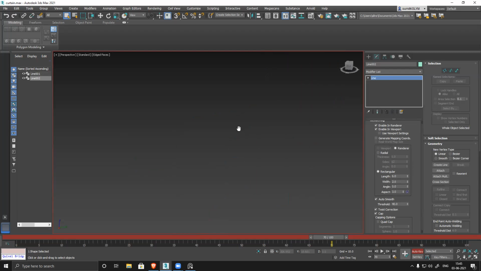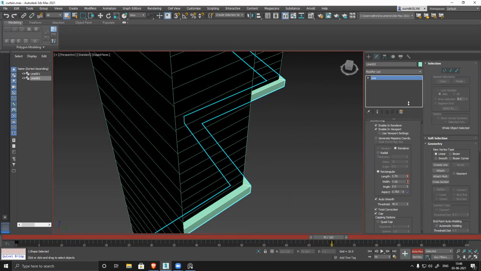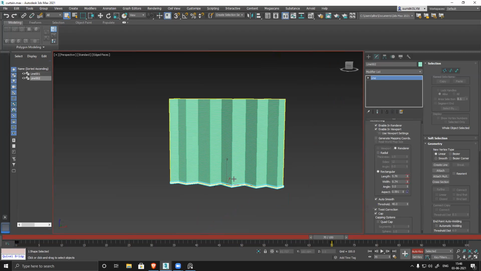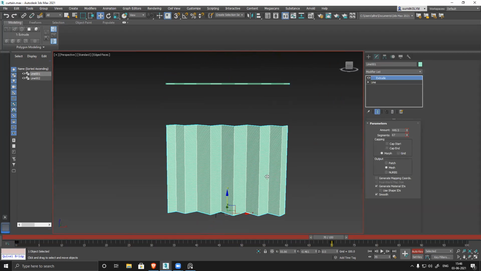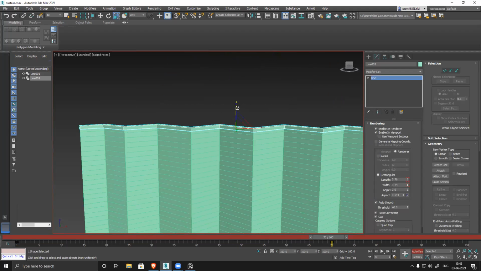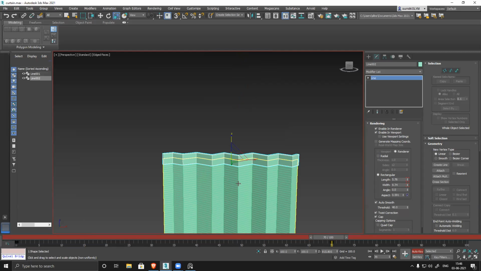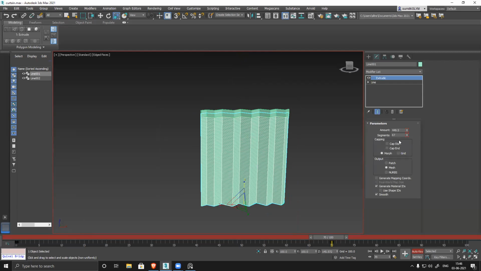So I made it a little thicker. So thickness, if I want, I can definitely change it. And suppose this is the shape I want to hold. So these two, you see, it snaps perfectly. So if I want to create a very nice and clean fold, I need in-between loops also. So let's reduce this.